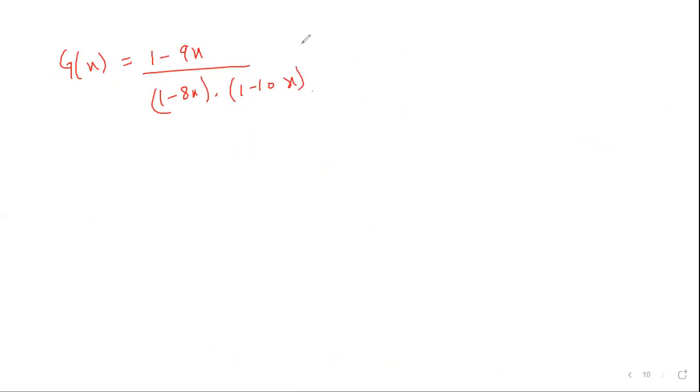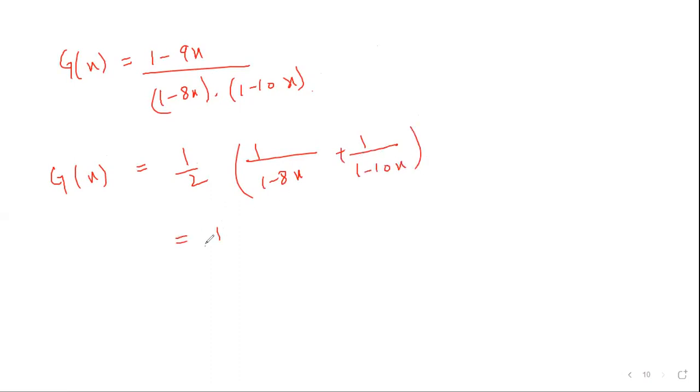Now, after that, you have studied the concept of partial fractions. So you will have to use partial fractions, 1/a plus 1/b. I believe you are even doing it in Maths 1 in engineering also. So when you use the partial fractions concept, I am using it directly. You will get 1/2 times [1/(1 − 8x) + 1/(1 − 10x)]. Now, this can be written as 1/2 times the sum from n = 0 to infinity of 8^n x^n, plus the sum from n = 0 to infinity of 10^n x^n.